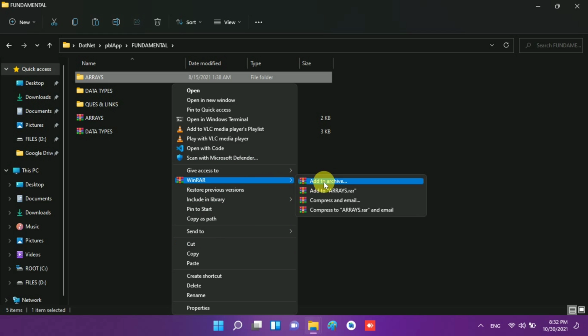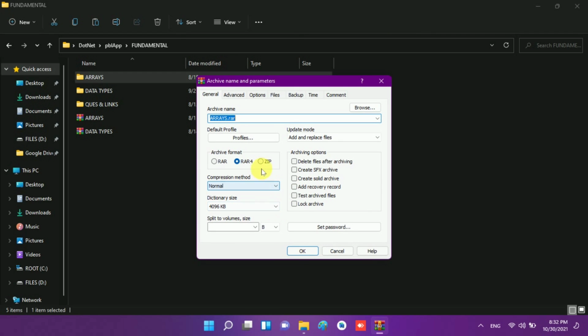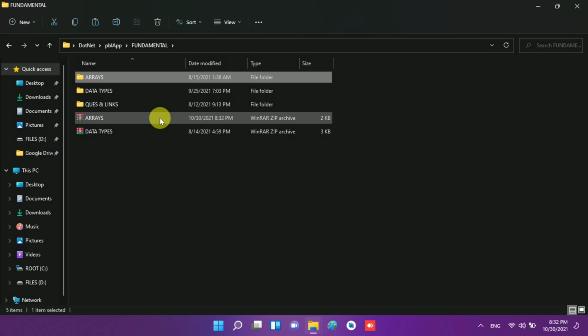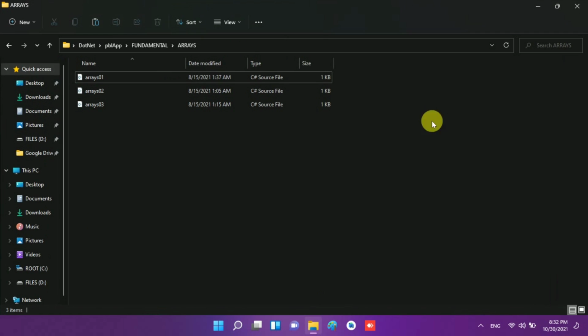So WinRAR, and click on add to archive. Now you have to change the format to zip, and rename it as you want. So I name it arrays.zip. Now I press OK, and it will create an array zip file. You will see this is only 2 KB. In this way you can create zip files and upload them in the Code Completion Tracker.